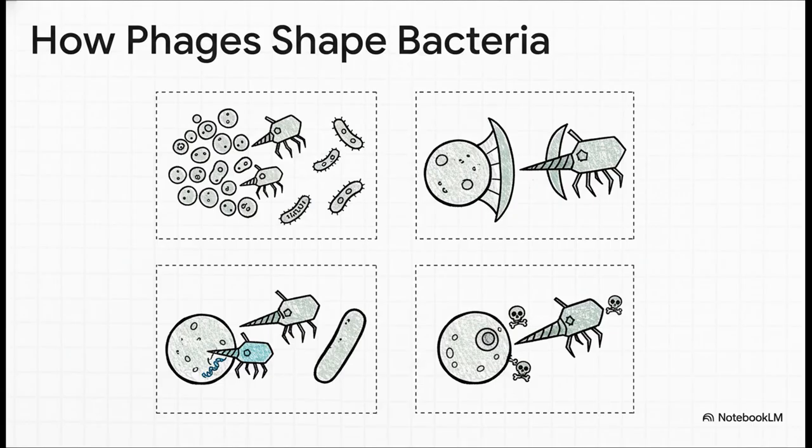On top of that, phages are like little genetic delivery vans. Through a process called transduction, they can accidentally pick up genes from one bacterium and drop them off in another, including genes for antibiotic resistance. And sometimes, the prophage genes they carry can give their bacterial host brand new nasty abilities, like the toxins that cause diseases like cholera, diphtheria, and botulism. So you see, they're not just predators, they are literally architects of the bacterial genome.